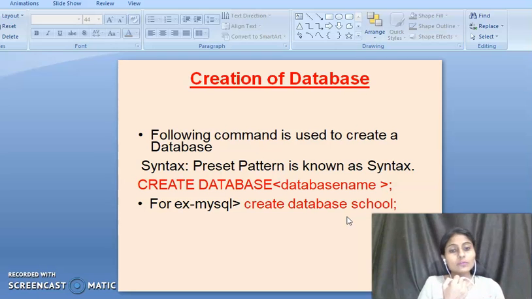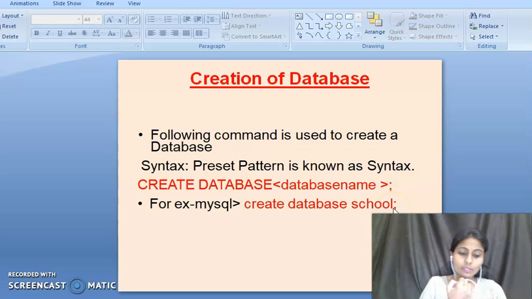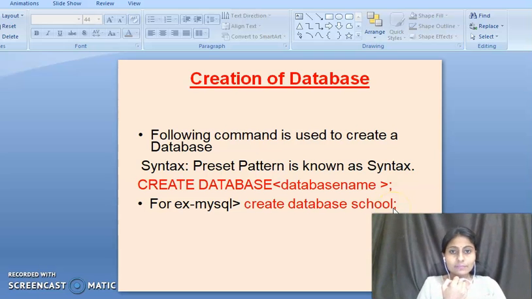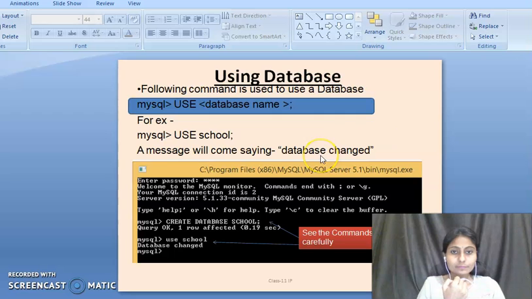So if you write the database name, table name or column name in capital letters, then you have to access it with the same letters. In the same manner, if you write in small letters or capital letters, you have to use the same letters for the specific name of the database, table or column. Okay, so after that we will